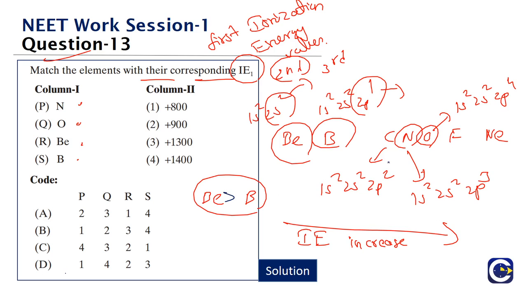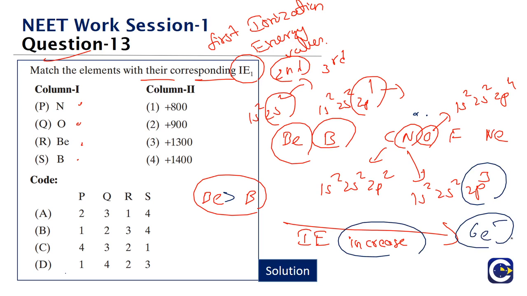What is it? Nitrogen and oxygen. Again, when we move from left to right, we expect that the ionization energy increases. But here also there is an exception. Nitrogen has a 2p3 structure, half filled p. Because what is the total capacity of p? 6 electrons. 2p3 means it is filled with 3 electrons, half filled. This is a stable arrangement.